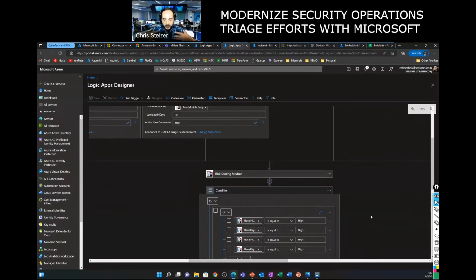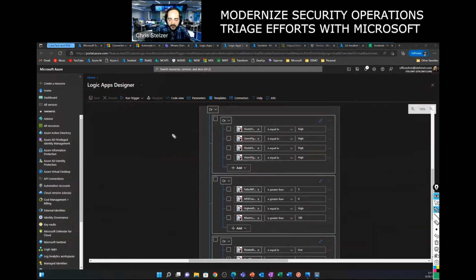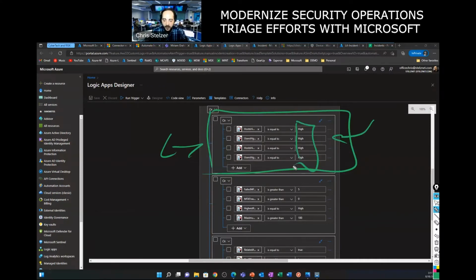So the STAT module runs, it gathers all of the additional pieces of data, and then we start adding some conditions. We start saying, okay, as a business, we've decided that if any incident gets thrown for a particular user, and that user is running on computers that have a high amount of vulnerabilities, or that user is a global admin, right? All hands on deck if we see an incident for a user who's an administrator. Or that user has failed multi-factor authentication. If we're seeing repeat failed MFA attempts for that user, we might want to make a decision.